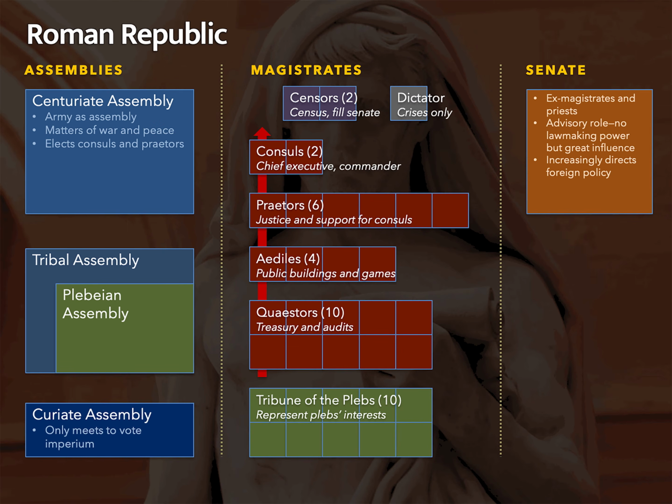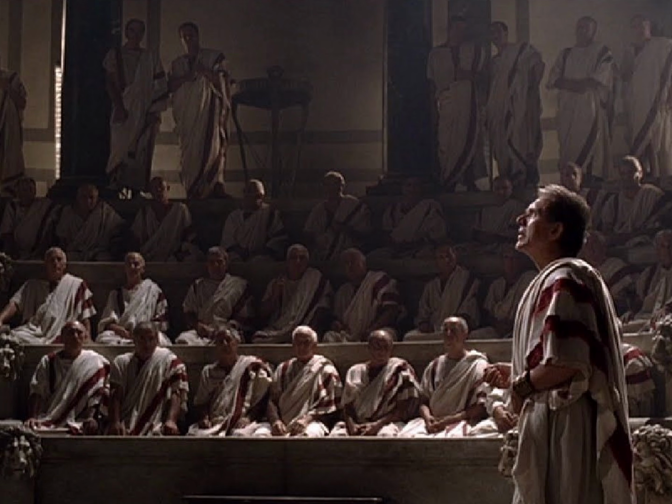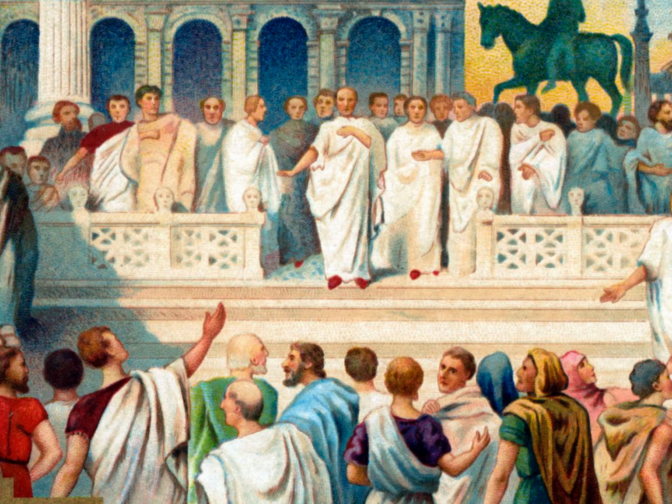Over the course of the Republic, it became customary, but not legally required, for the Senate to discuss a proposed bill before it was presented to one of the assemblies. Normally, what would happen is the consul would convene the Senate and discuss the law under question, which would then be debated by the Senate and a resolution passed. Then the consul would present this law to the assembly along with the senatorial resolution expressing their opinion about the